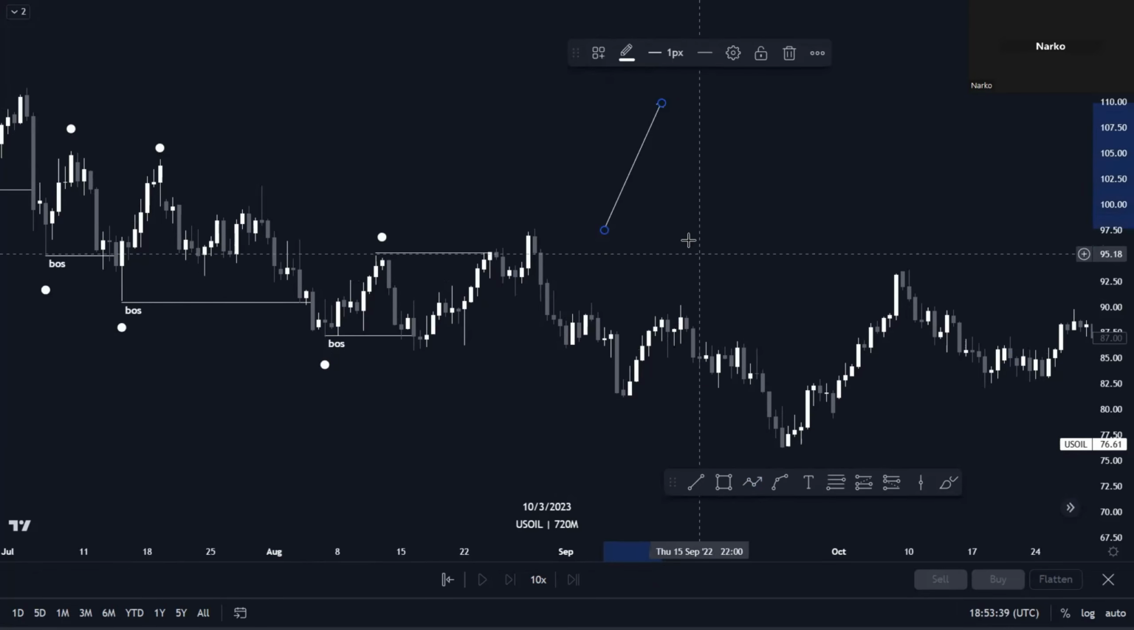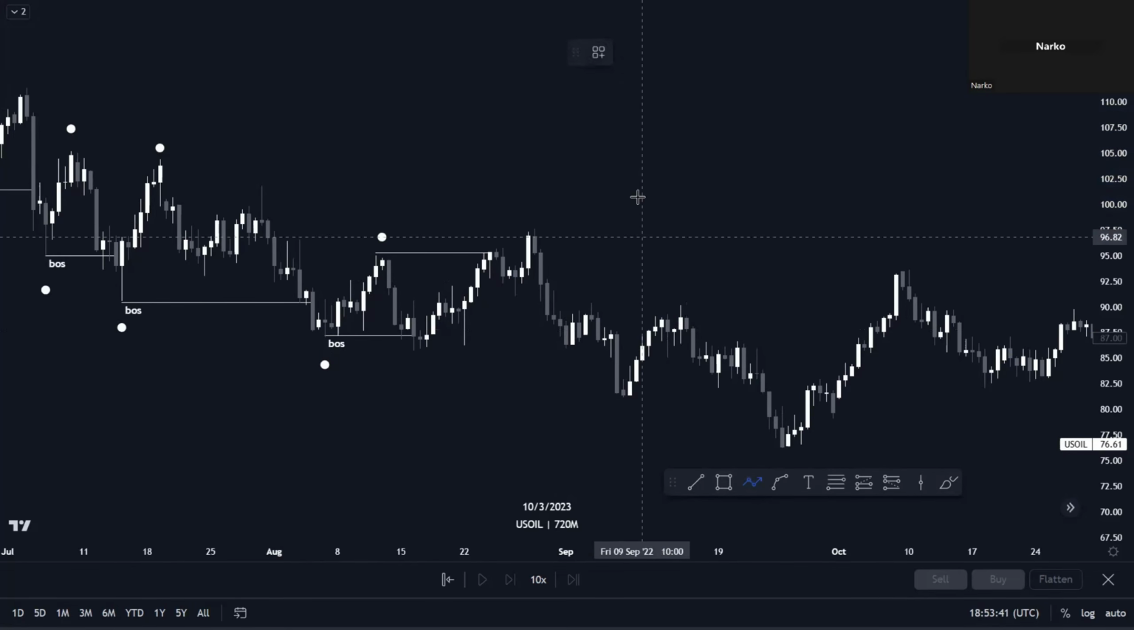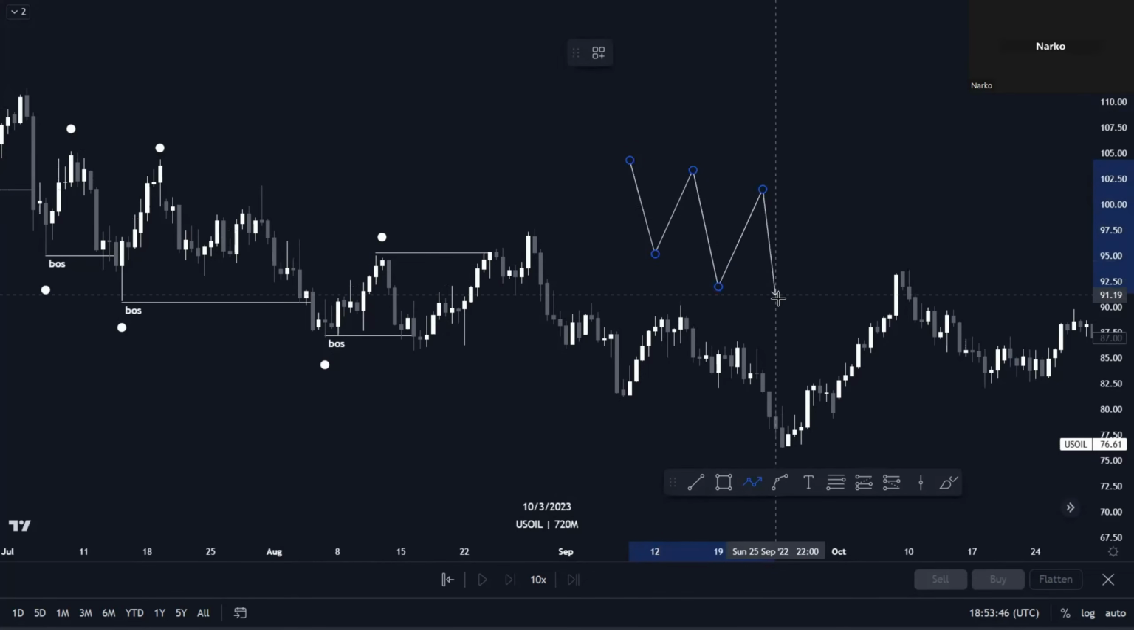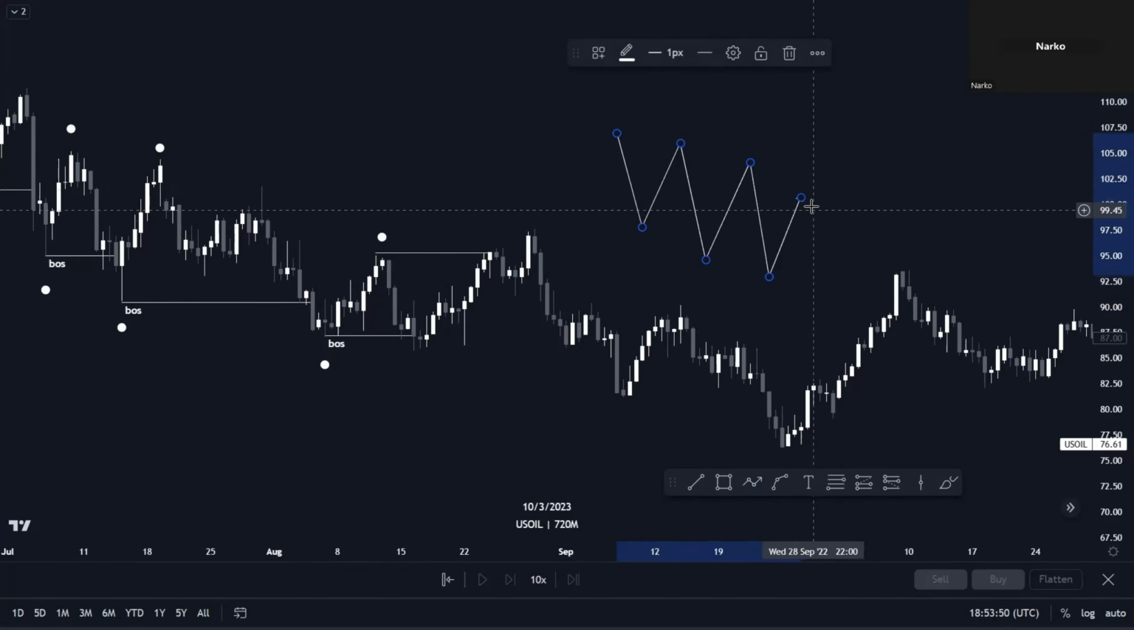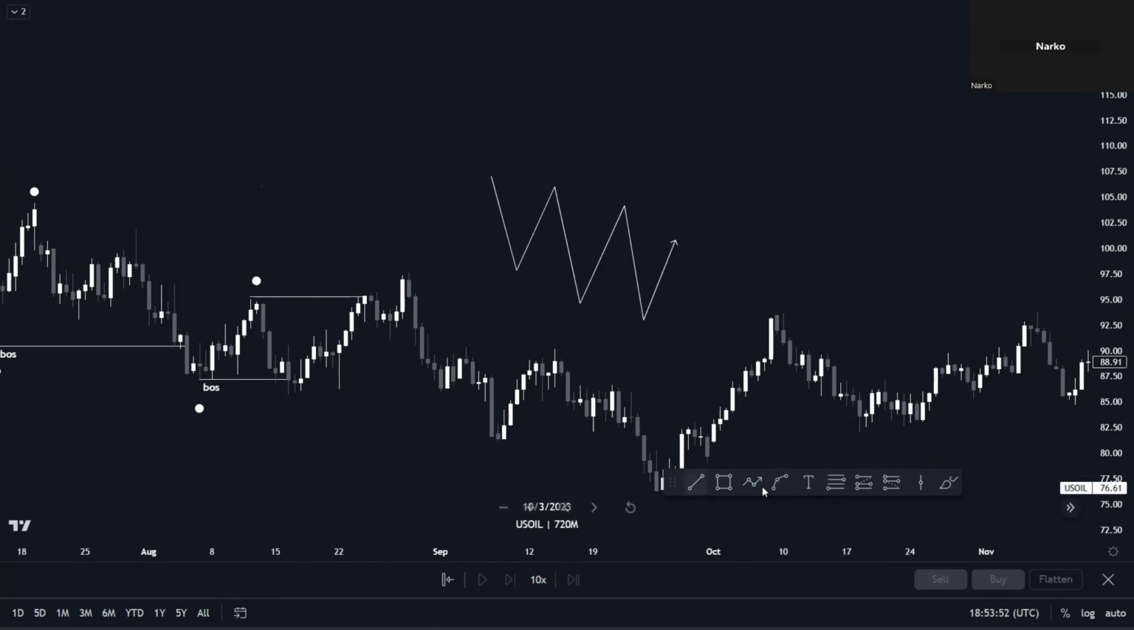For you to be in a confirmed trend, you need to have 2 or more highs in a bearish trend, or 2 or more lows in a bullish trend. Okay,